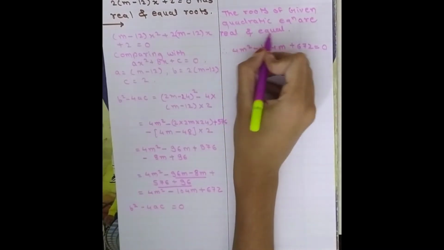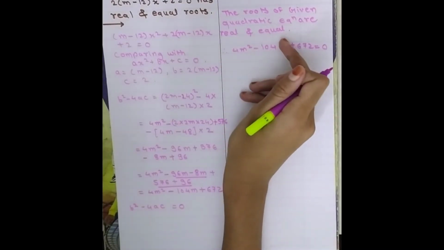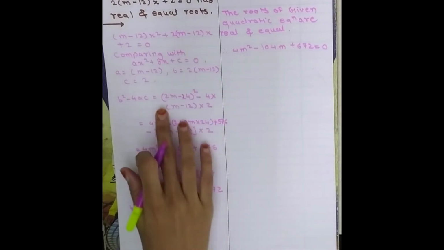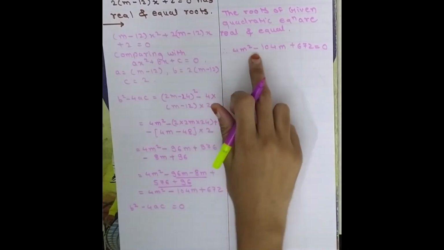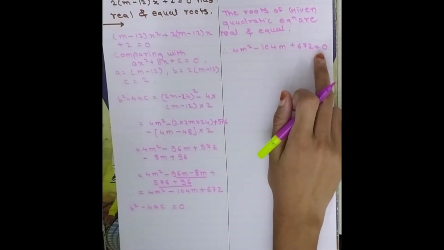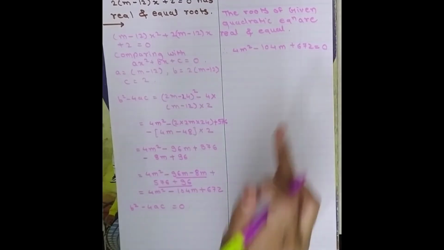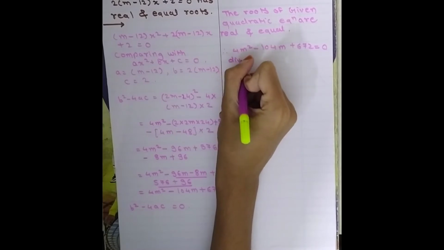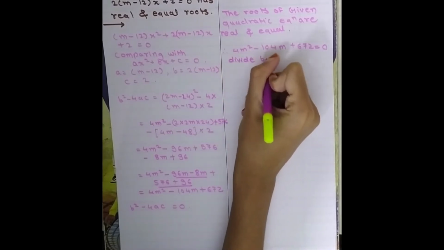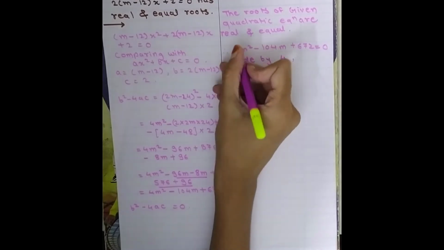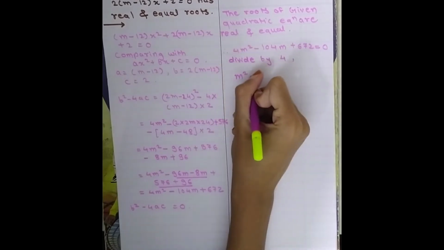The roots of the given quadratic equation are real and equal. Then we write b square minus 4ac is equal to 0. So the value of b square minus 4ac is 4m square minus 104m plus 672 is equal to 0, right? Then divide by 4. When we divide this by 4, we get m square minus